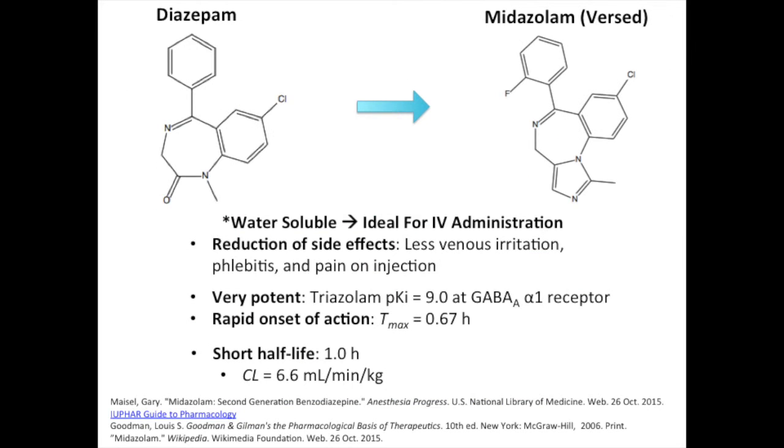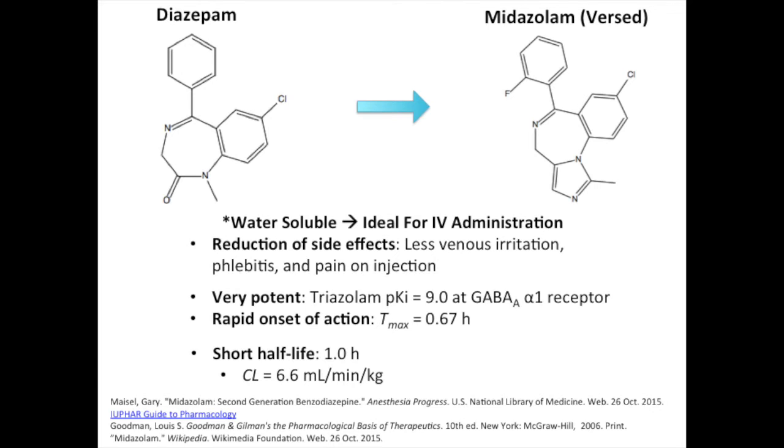The final benzodiazepine on the World Health Organization's list of essential medicines is midazolam. In 2010, midazolam became the most commonly used benzodiazepine in anesthetic medicine. What makes midazolam so special is that it is soluble in water. Due to its great solubility, it does not produce negative side effects such as venous irritation, phlebitis, and pain on injection that are common with less soluble benzodiazepines, such as diazepam.